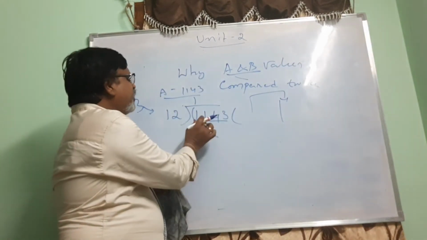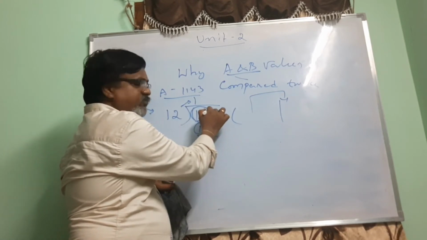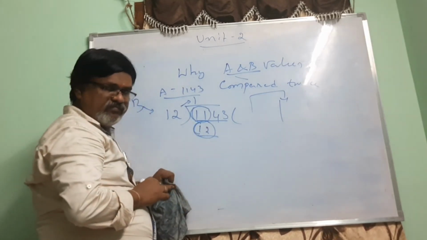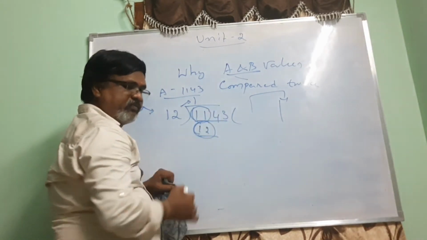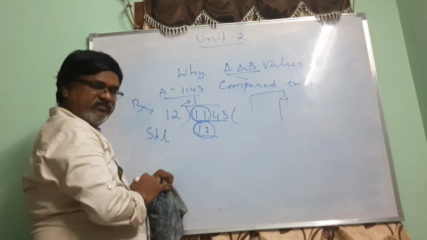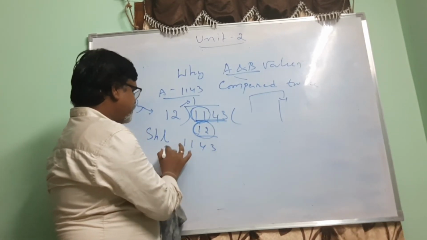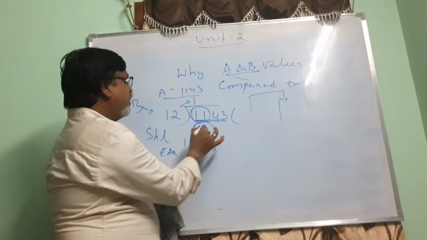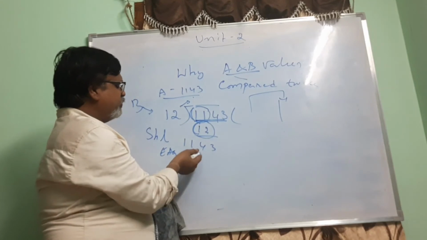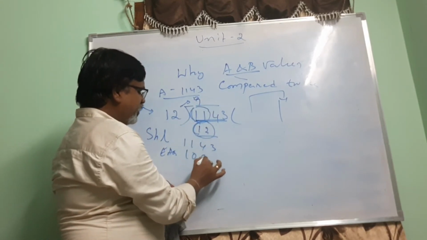But again, when you perform like this, these two bits of A are compared with the value of B. When this is not possible to perform the subtraction, what we are going to do is shift left this number, that is E A Q shift left. Then we are going to say 12 8s, 12 9s, I think 12 9s are 108.